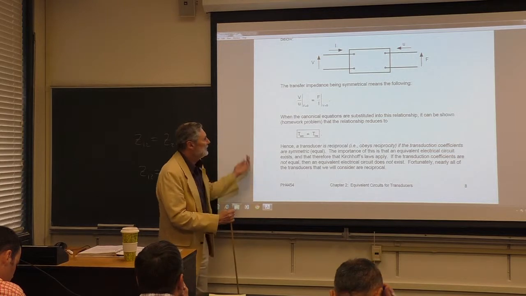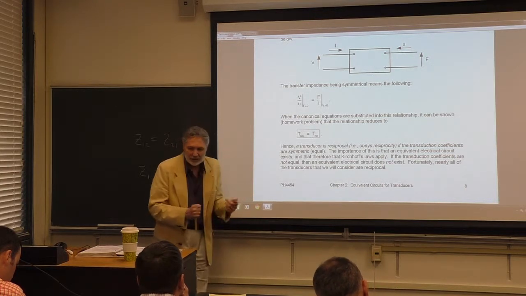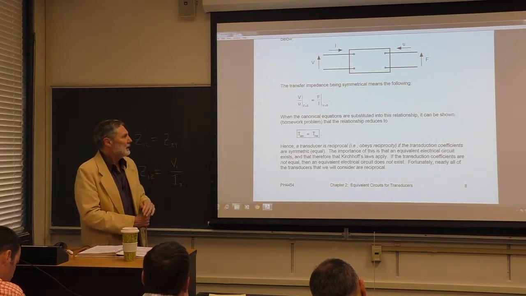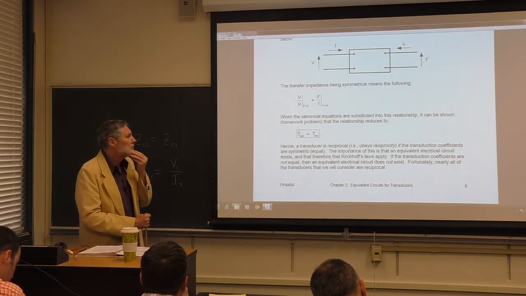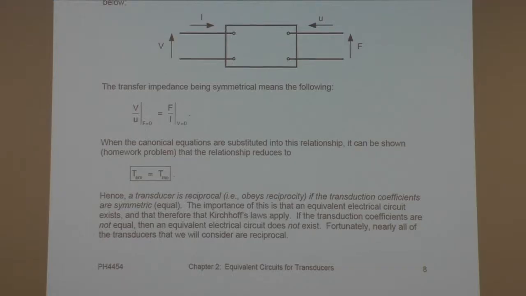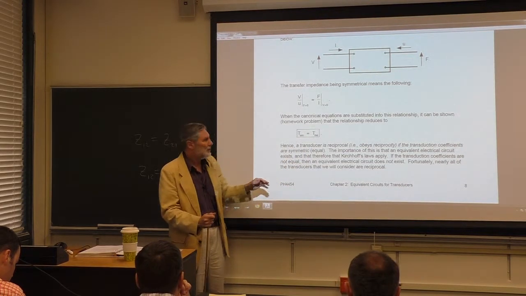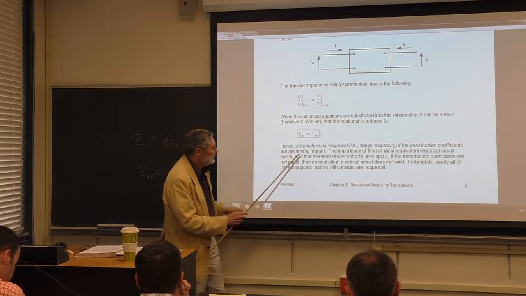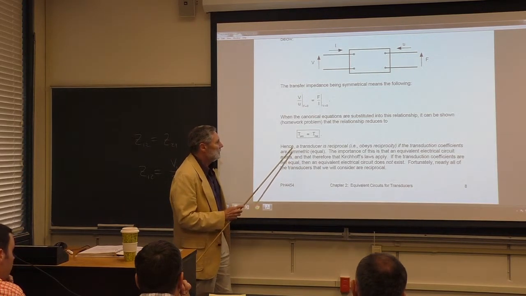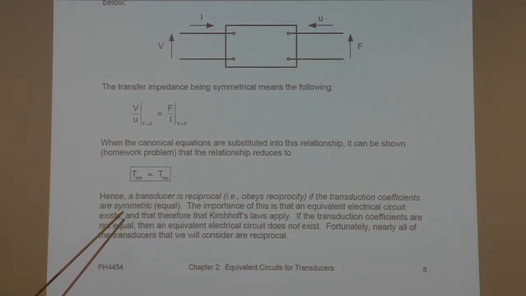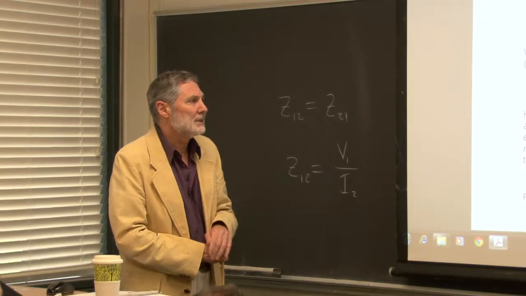So this works both ways. This is an equivalence. Our canonical system, transducer, is reciprocal, in other words, it obeys reciprocity, if and only if this holds true. Okay, they're equivalent. What concerns us is going this way. If a transducer is reciprocal, the transduction coefficients are symmetric. The reason that's important is